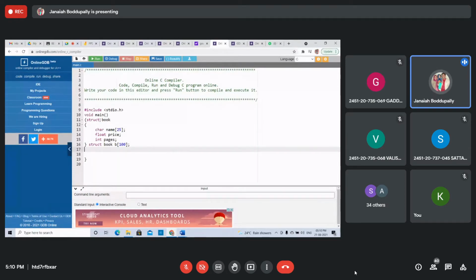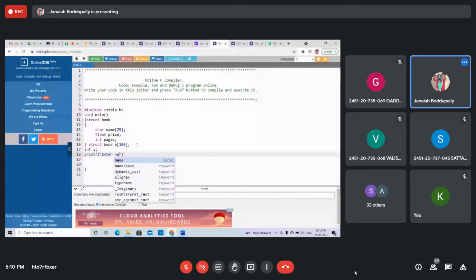But in which all elements are name, price, and number of pages of a book, any book, right?